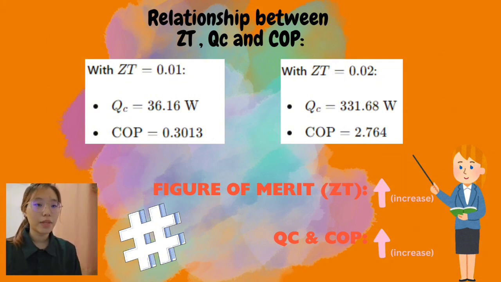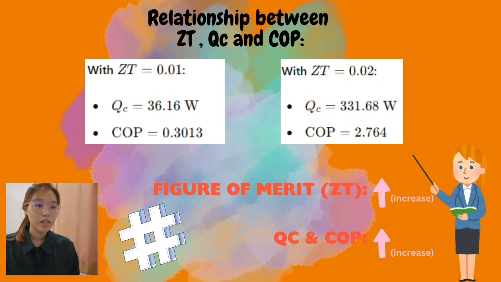The higher ZT value means better material properties, such as a higher Seebeck coefficient, better electrical conductivity, and lower thermal conductivity, which collectively enhance the performance of the thermoelectric device. In summary of performance calculation of the system, advancing the ZT of thermoelectric material is important for making this system more viable and efficient. With ongoing research and technological improvement, we can expect three points, which is the first